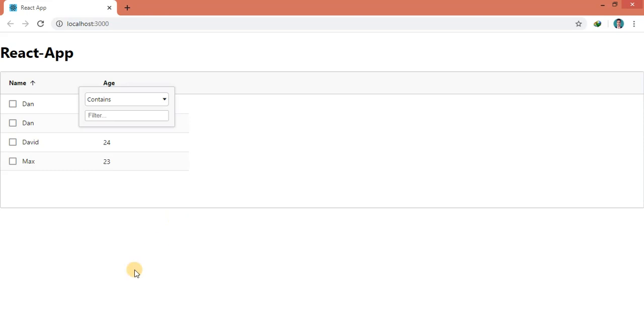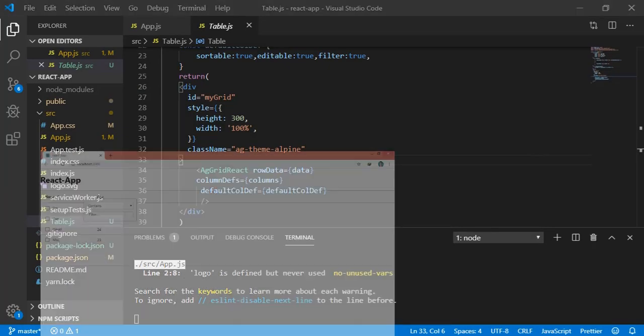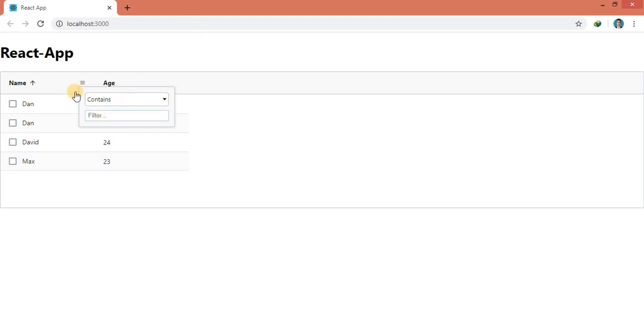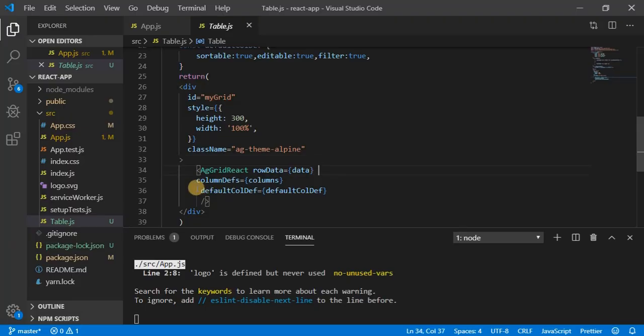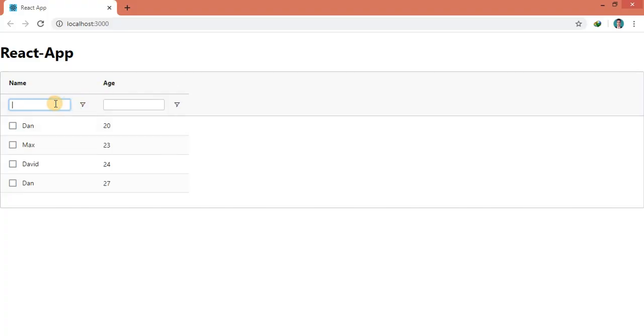Okay, so let's implement filter first. As you can see here, I am getting the filter after clicking here, right? So what I want right now is, below this header, I need a filter where I can directly write. For that we have to make a little change here. In default column definition, I can add one more property that is called floatingFilter equal to true. What this property will do is allow the floating filter, meaning you can see it on the screen and you can start typing from here itself.